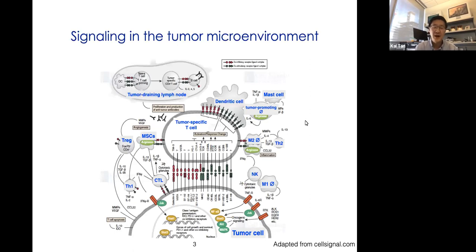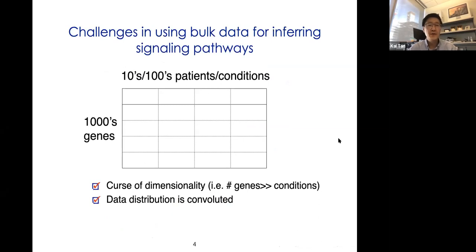So in my opinion, one of the critical goals of spatial omics is really to understand signal transduction between cells. As you know, it's very complicated. For instance, in this example, tumor microenvironment signaling, as you can see, it's very complicated, involving many different cell types. In fact, we could even think of it nowadays as a signal transduction network, right? So needless to say, understanding such signal transduction pathways is very important for really understanding development and disease, not just cancer. Historically,